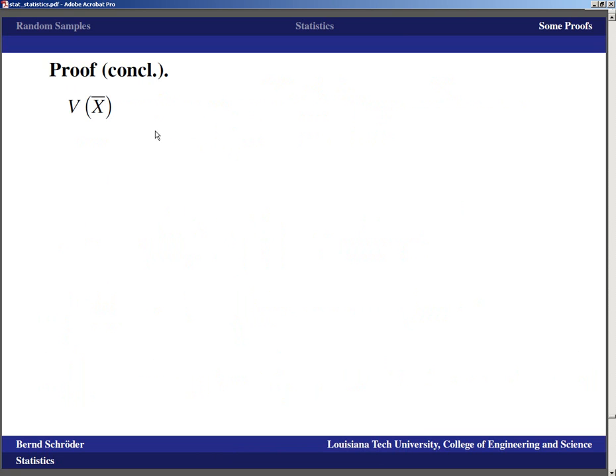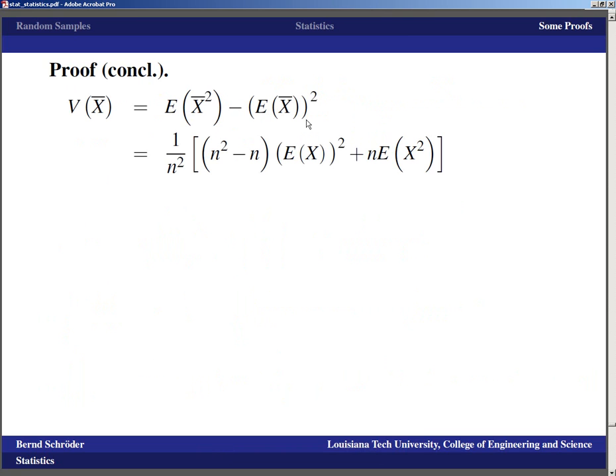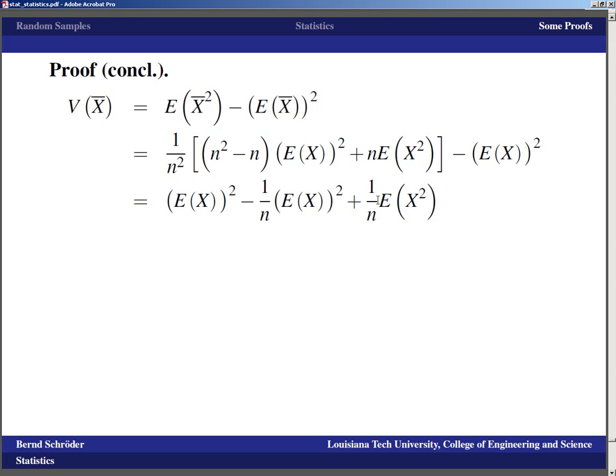And so now we can look at the variance of x bar, which is the expected value of x bar squared minus the expected value of x bar quantity squared. And we can just now take what we've computed on the previous panel and subtract e of x quantity squared, and now it's just a matter of multiplying things out for a while, I think. Because what do we get? We get n squared e of x quantity squared divided by n squared. That's just e of x quantity squared. Minus n over n squared e of x quantity squared, that's 1 over n e of x quantity squared, plus n over n squared e of x squared, that's 1 over n e of x squared,